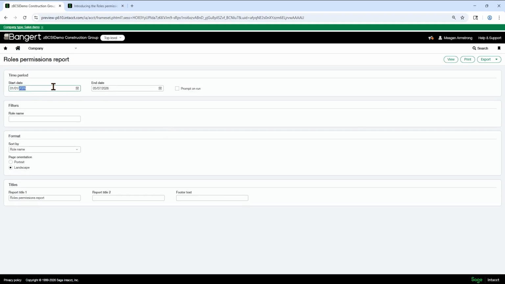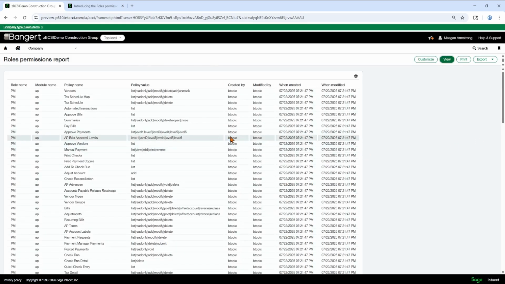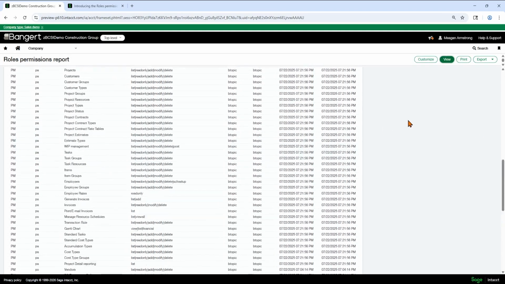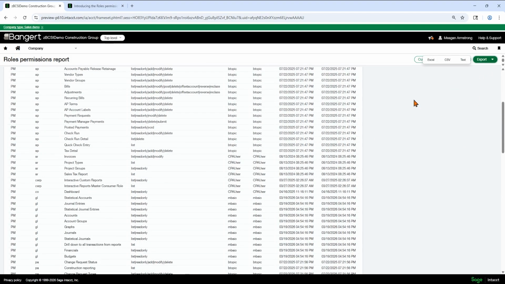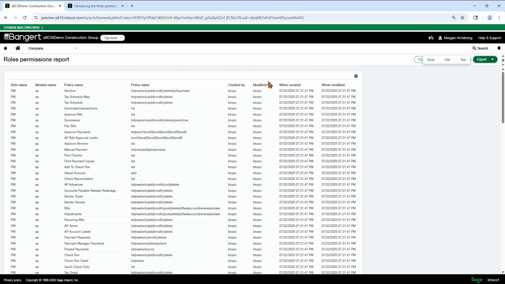I like this report, mostly, running it open to see all of your permissions, and you can run this open for all of them. It's going to be a big report, but then you can export this to Excel and compare things side by side in a pivot table or just in Excel through like a filter system. So check out this report and we'll move on to our next release.